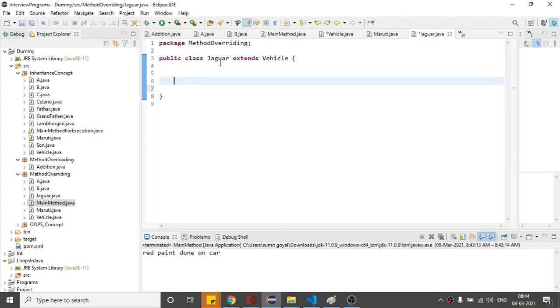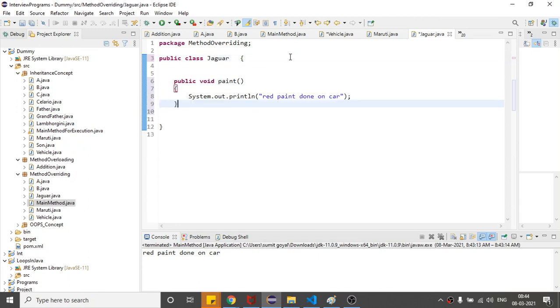So I can do it this way. Instead of doing it like this, I can do like this. I will say yellow paint, right?